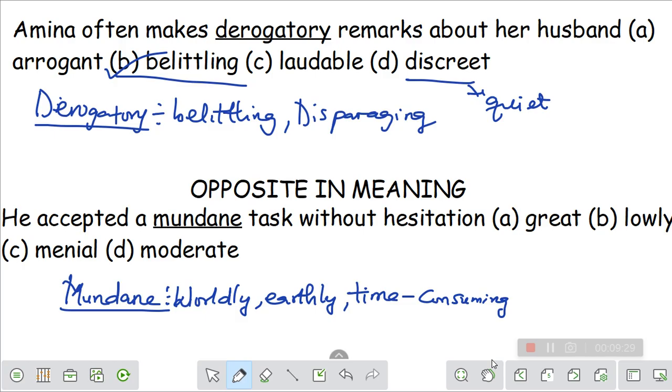That is mundane. Now we are looking for opposite in meaning. He accepted a mundane task without hesitation. Option A, great. Option B, lowly. Option C, menial. Option D, moderate. So the answer is, it's not great, it's not lowly, not moderate. The answer is menial. For example, some of you, when you wake up, your mom will tell you to wash